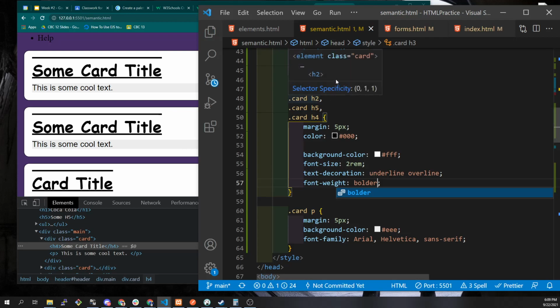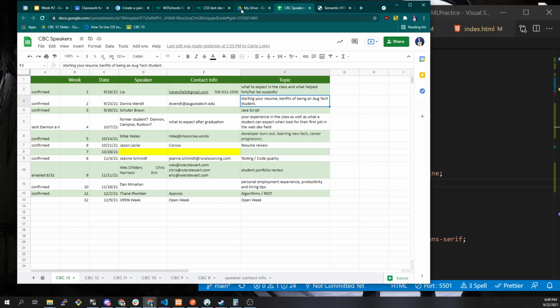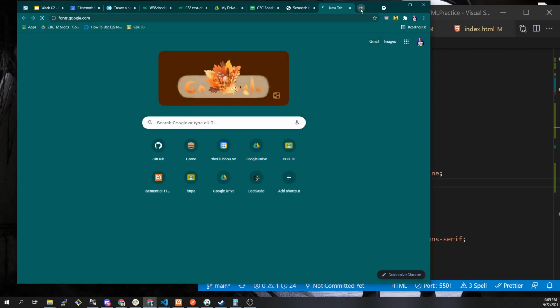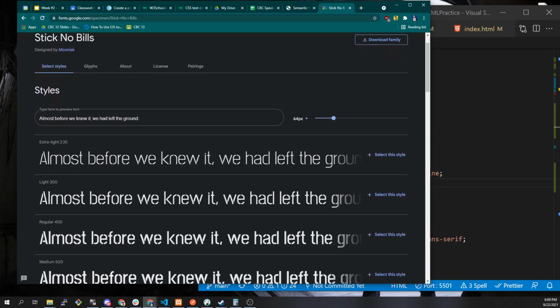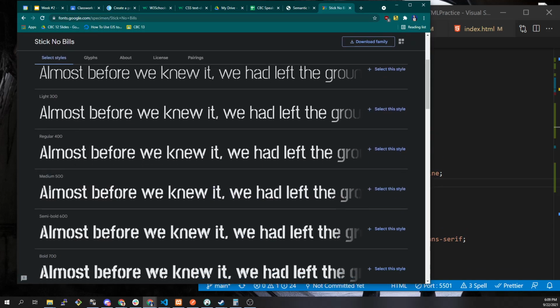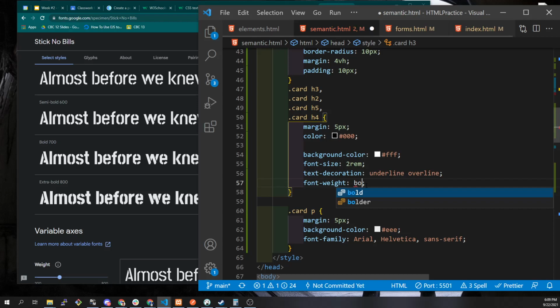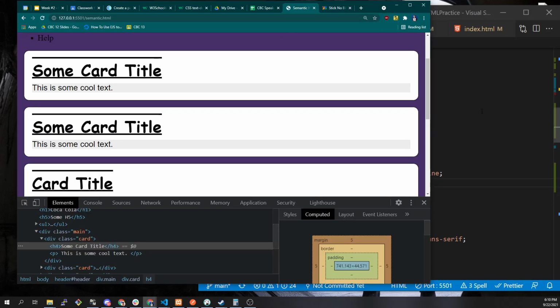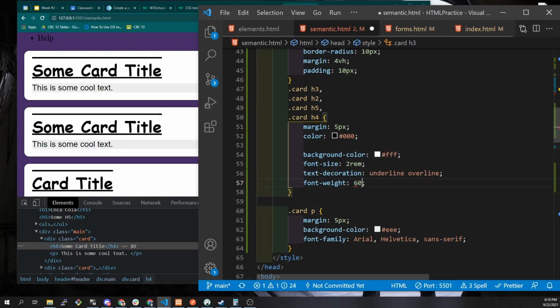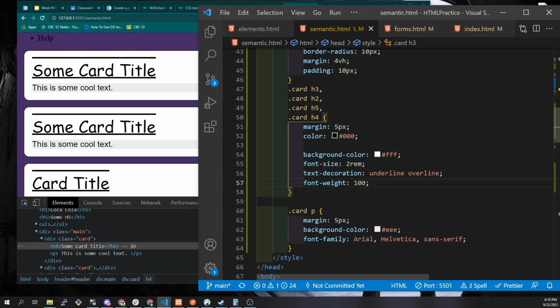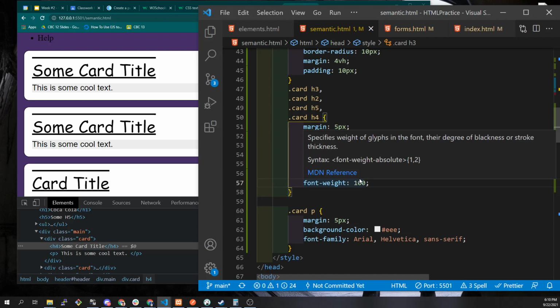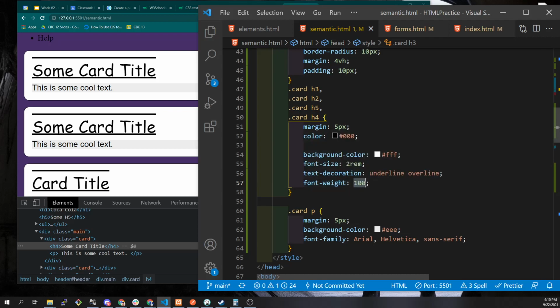has that option. Do you remember when we were looking at the Google fonts? I closed it. Right? With each of these styles, it was showing you that it had a light version, a medium. This is like a normal. Then it has a bold, and then there's an extra bold, right? So all of those are options. So we can say bolder, extra. We can even type this in. We can say font weight 800 and see what that does. This font might not have all those options. 200? Yeah. So however many options this font has declared in its font file,